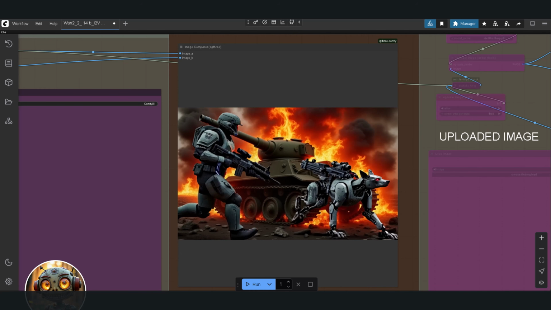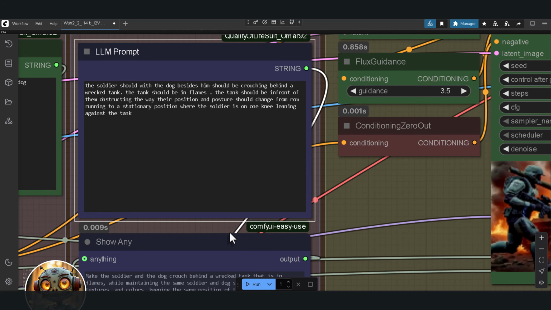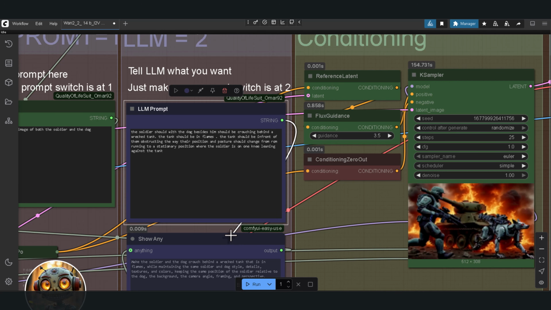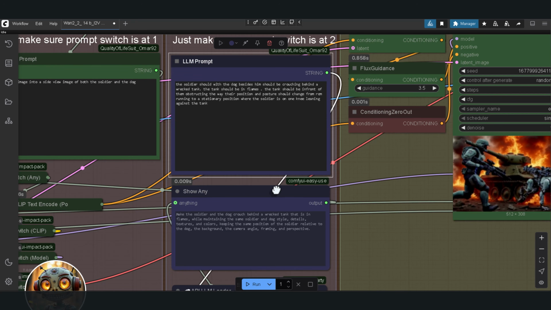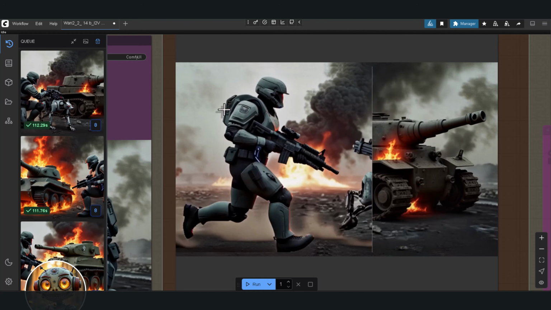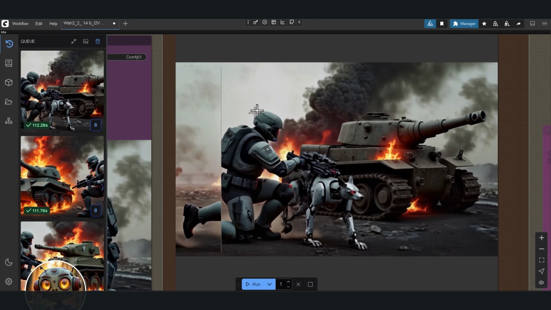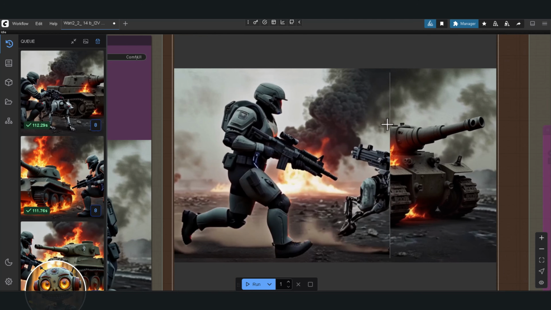I'm going to ask it, the soldier, with the dog beside him, should be crouching behind a wrecked tank. The tank should be in flames. The tank should be in front of them, obstructing the way. Their position and posture should change from running to a stationary position where the soldier is on one knee, leaning against the tank. Okay, so I finally got an image I can work with, but I don't think the tank